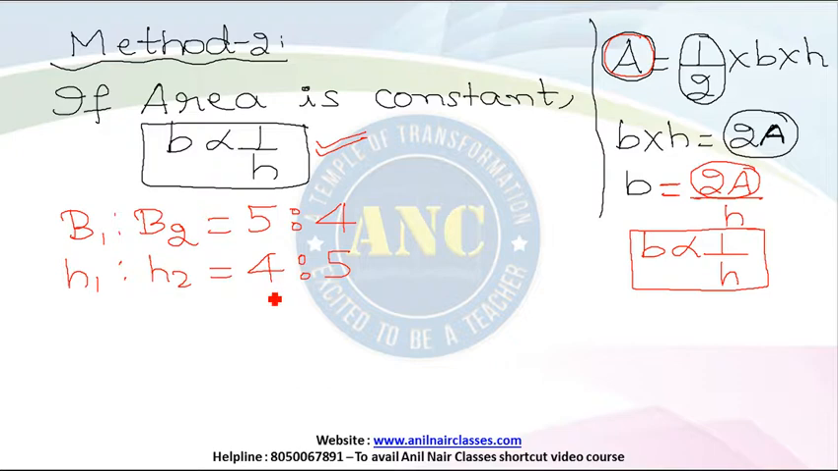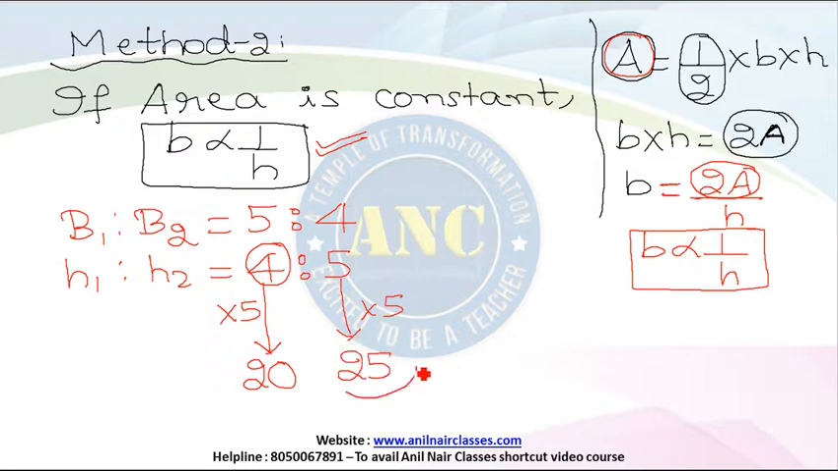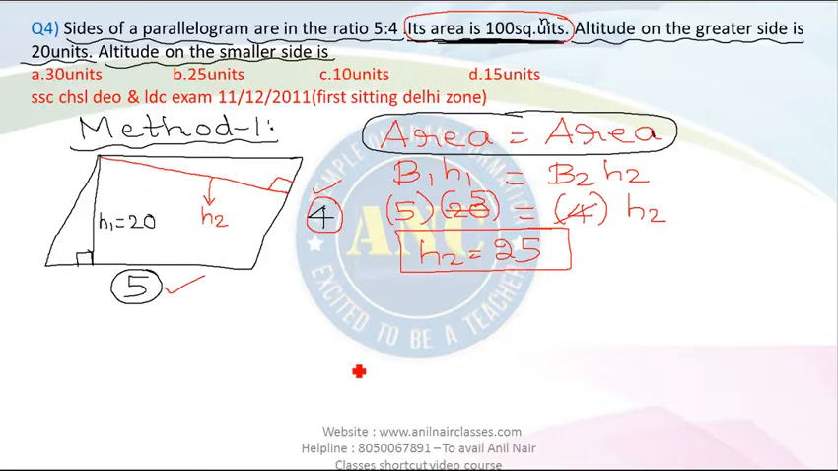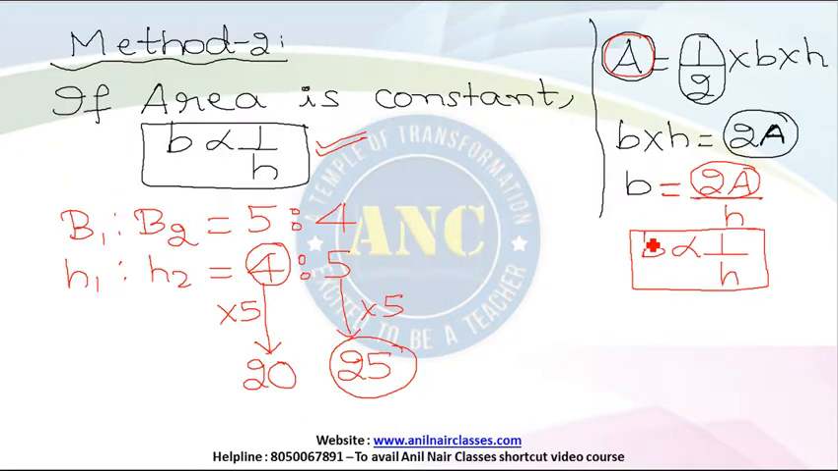Can I say that the height of the first triangle according to the ratio is 4? According to the question it is given as 20. 4 into 5 is 20. 5 also multiply by 5. 5 into 5 is how much? 25. And that 25 itself is what you got in the equation method. Either follow method 1 or method 2. But I personally believe that method 2 is a little easier, because we definitely know that if area is constant,